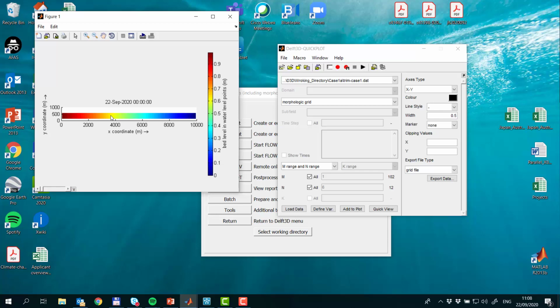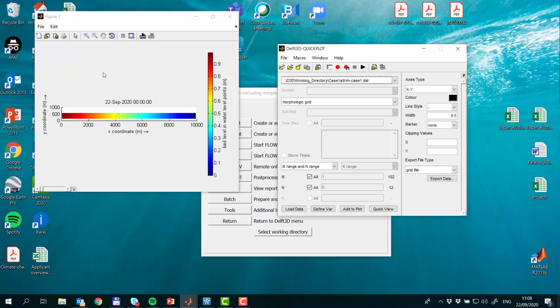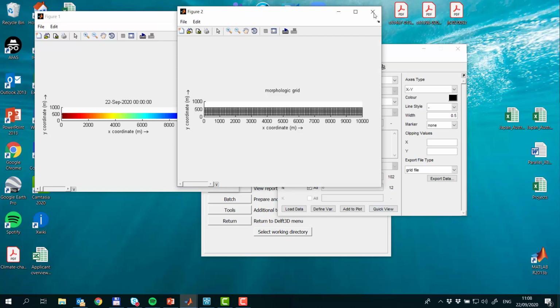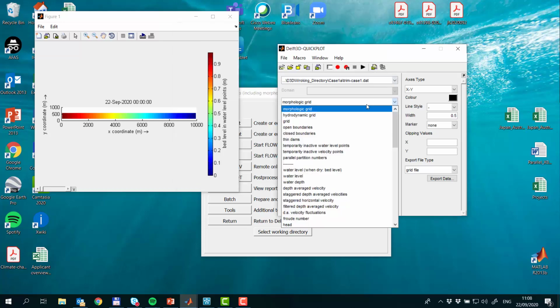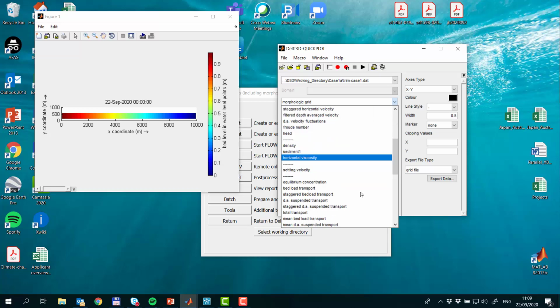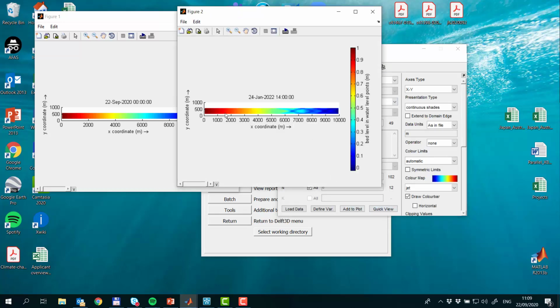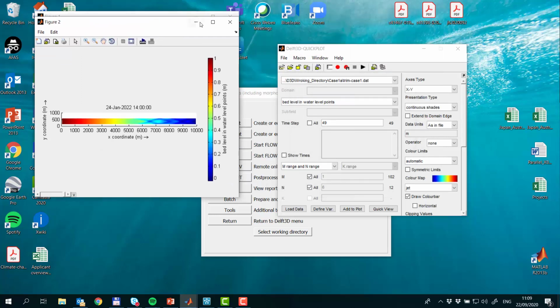But if we really want to see the morphodynamic time, what we can do is come here, click here, and then change the display time from hydrodynamic time to morphodynamic time. If I look at the same figure again, which is bed level in water level points, I can see that now this date changes to 24 of January 2022. So it now counts for the morphological factor and gives me 500 days of simulation. Okay, now we understood